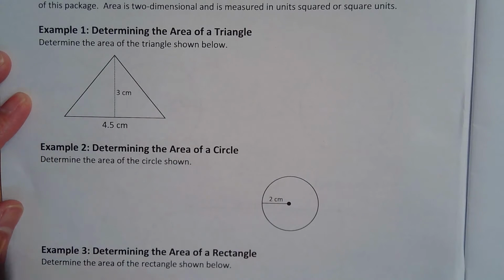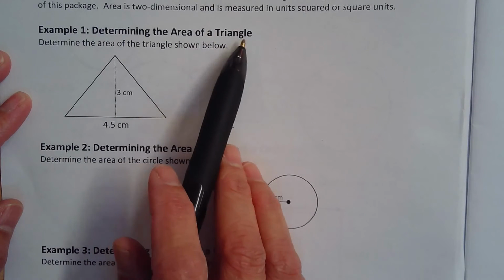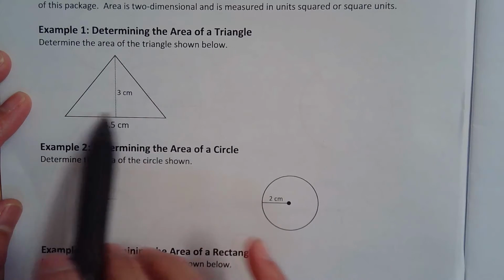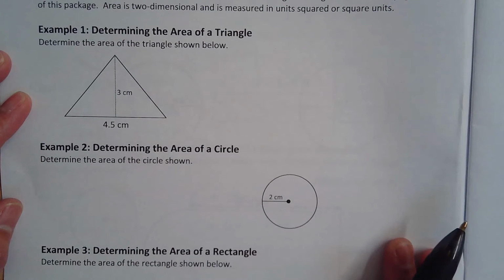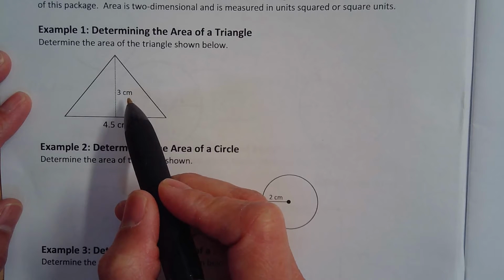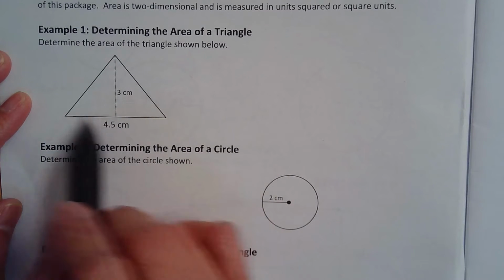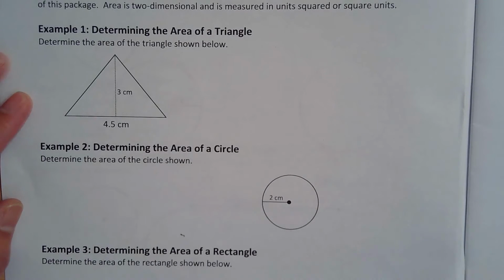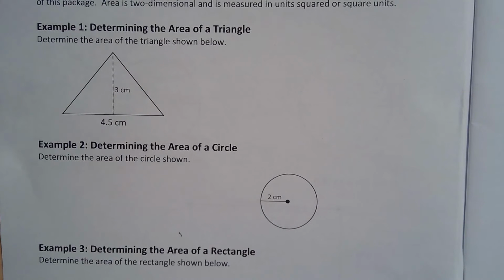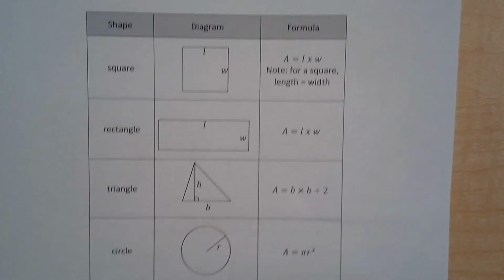So in example number 1, it says determine the area of a triangle. How can we figure out the area of these? Do you know what the centimeter is? Okay. 3 centimeters is the height, and then the 4.5 is the base, right? So, depending on what shape you have, there's a different formula for that. Okay, so if we take a look at this page,